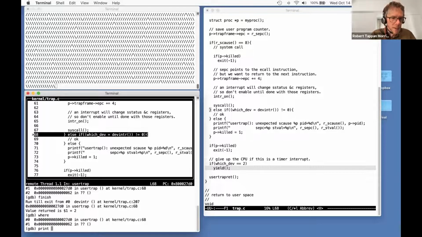Okay, we have a question. What makes each process's kernel thread different? Every process has a separate kernel thread. So there's really two things that differentiate different processes' kernel threads, because more than one could be executing on different cores. One is indeed that every process has a separate kernel stack, and that's what's pointed to by that kstack element of struct proc. And the other is that